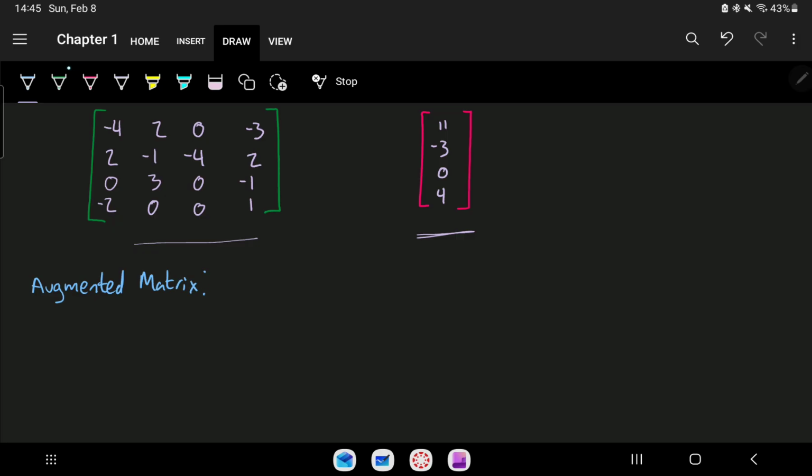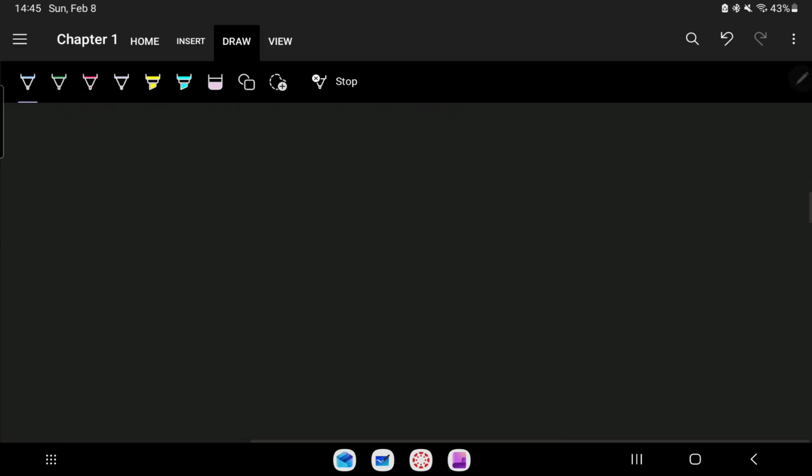And that is basically going to be a combination of this and this to show very clearly that this top row results in that, and so on and so forth. Doing this, when we actually go and try to solve it, means that we're working with both parts at the same time so that nothing gets left behind. So an augmented matrix, excuse me,